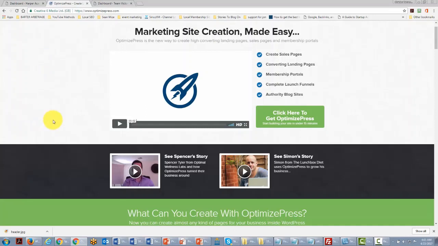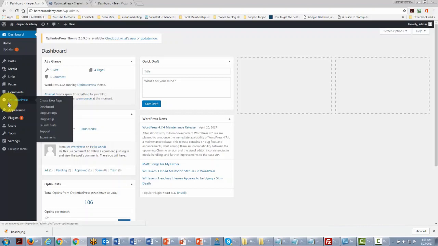One system that a number of network marketers rely on is called OptimizePress. While there are many systems that will give you sales pages, OptimizePress is a theme that will allow you to build business pages, whether it's for your front page or for things that you want to sell and offer to your customers. Once OptimizePress is installed inside of your WordPress website, you have a separate OptimizePress dashboard,